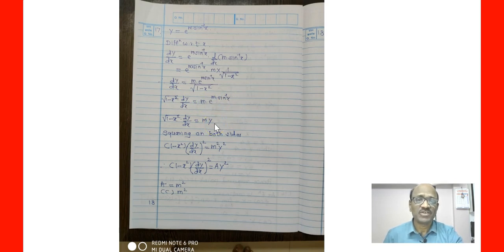In the radical form, squaring on both sides, that is 1 minus x square, the root gets cancelled, dy by dx bracket square is equal to m square y square. And 1 minus x square into dy by dx bracket square is equal to a y square, so the value of a is equal to m square, and hence option C is correct. Now in this case we are definitely squaring on both sides, therefore options A and B are not possible, so C and D will be the possible ones. Now next,